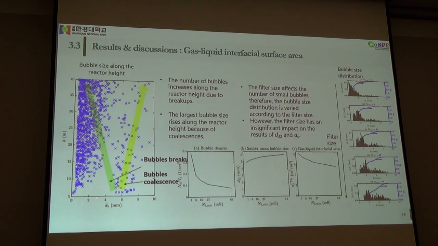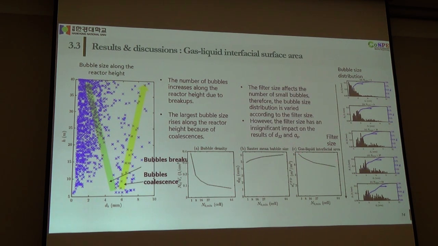And also by applying the bubble detection algorithm, we can directly calculate the bubble position along the reactor height. We can see some mechanisms, bubble breakup and bubble coalescence, appear in the bubble column reactor. And we also tested the influence of the filter size on the bubble density, bubble size, and the